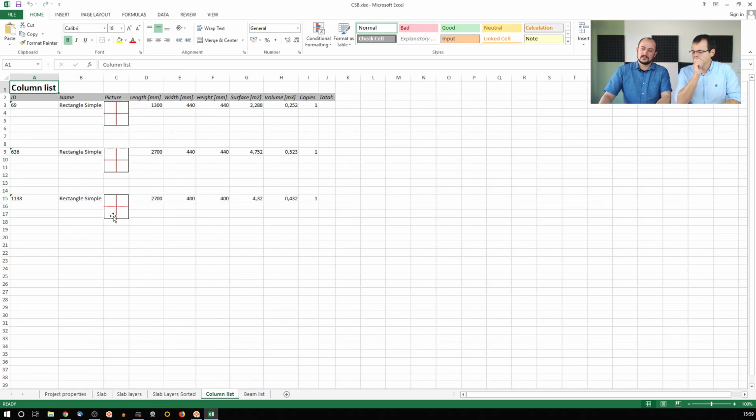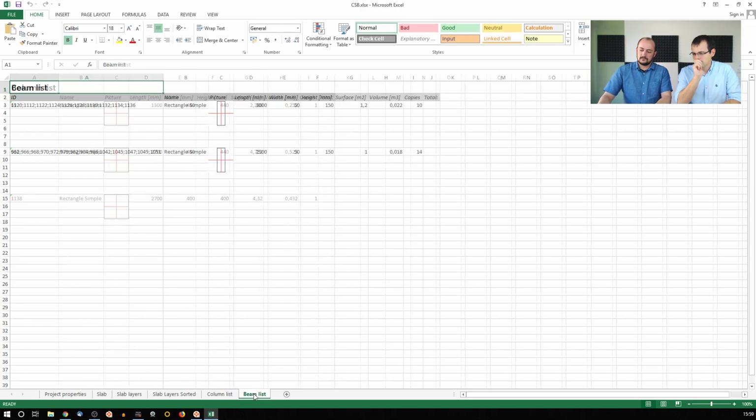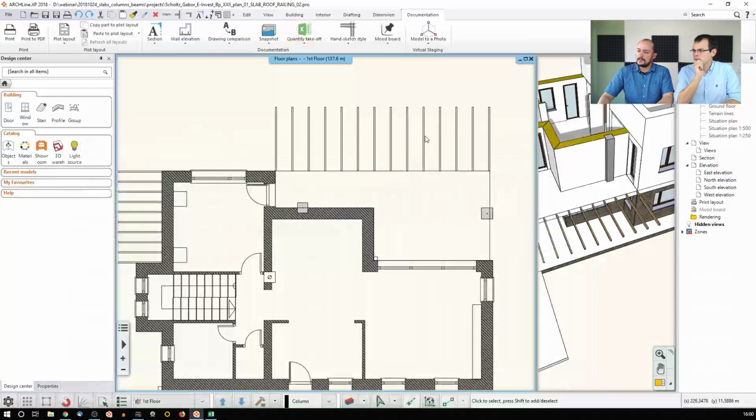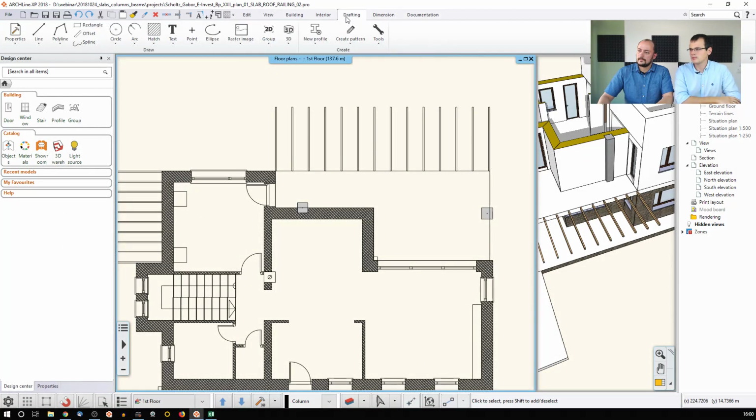There's the column list. Now we didn't use much here, but as you can see, there is a beam list again, and there's the IDs of what sort of items I used. And if I know the ID, I know that there's a column with the number of 962. I can easily find it using the